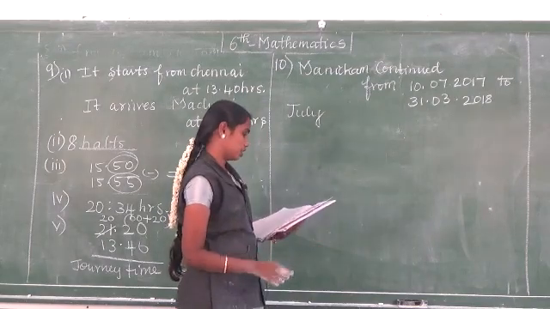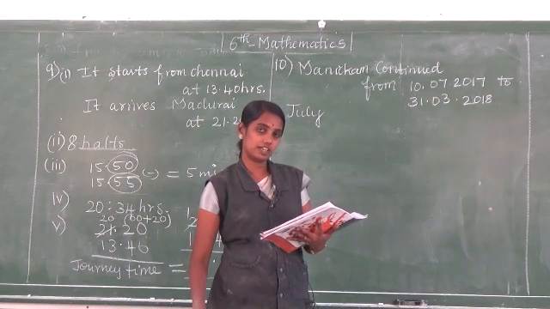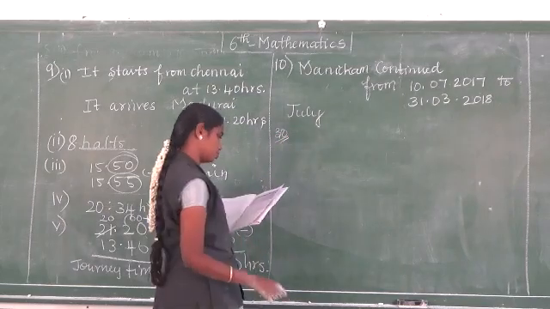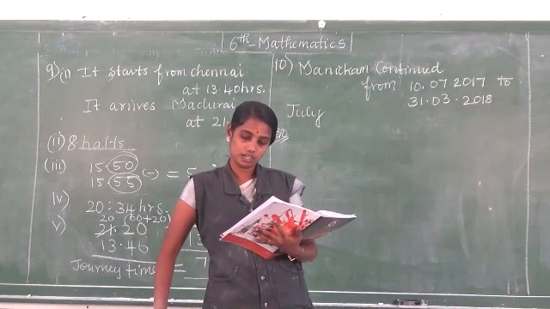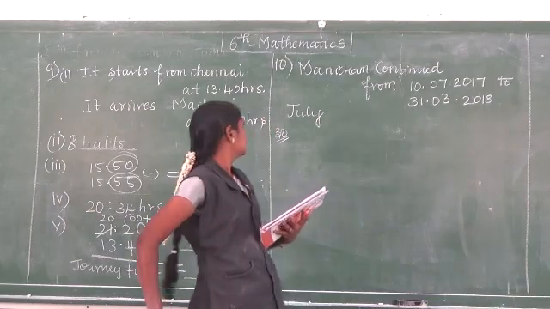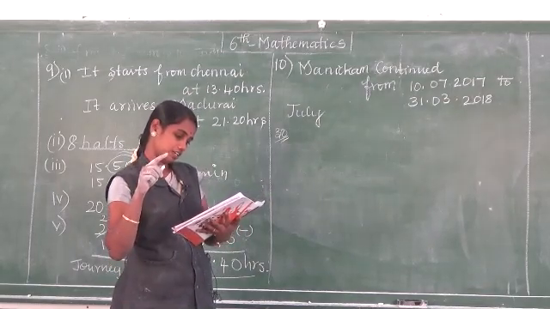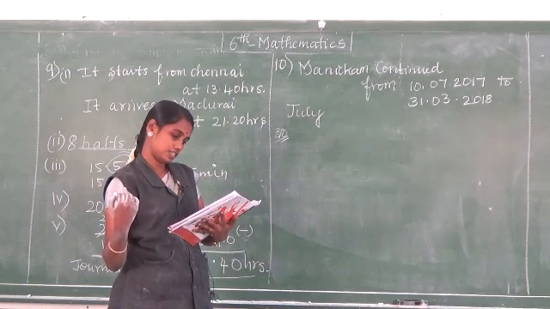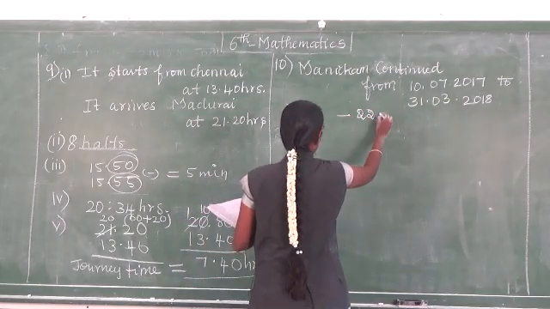Listen. In the July month how many days do we have? 30 days. July month we have 30 days. August month 31. Then we have September, October, November, December. Already here 9 days are over. In the 30 days, 9 days are over. So from here we started from the 10th. From the 10th onwards he started. So July month, 22 days.